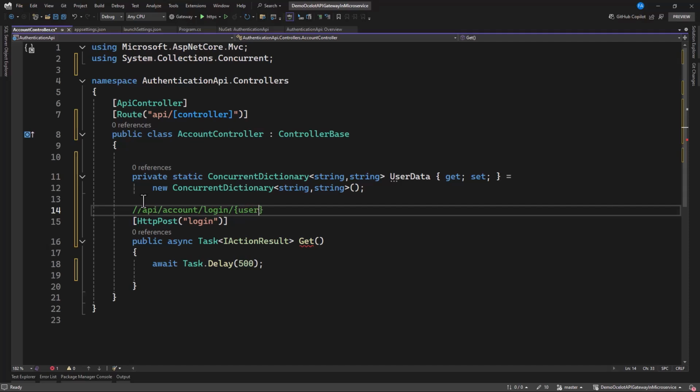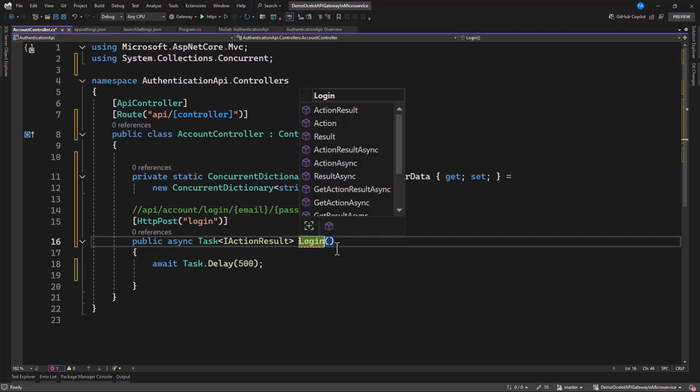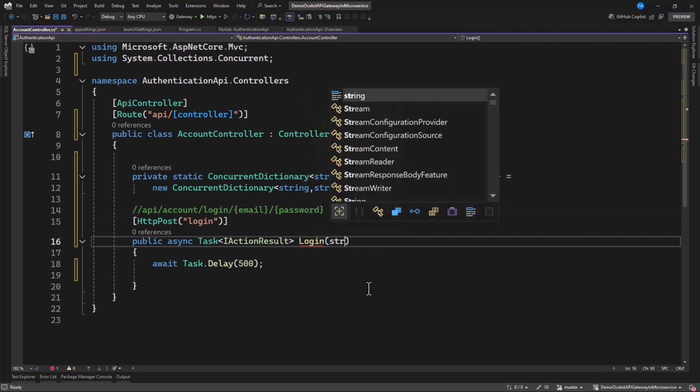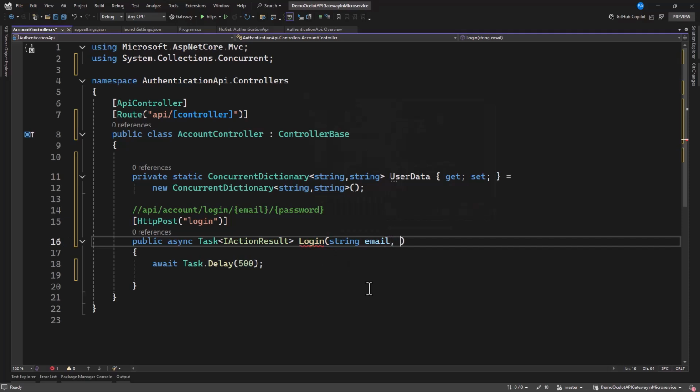So we need a username, or let's say email, then we're going to have password. Now since it's going to be post, let's specify our string email and our string password.